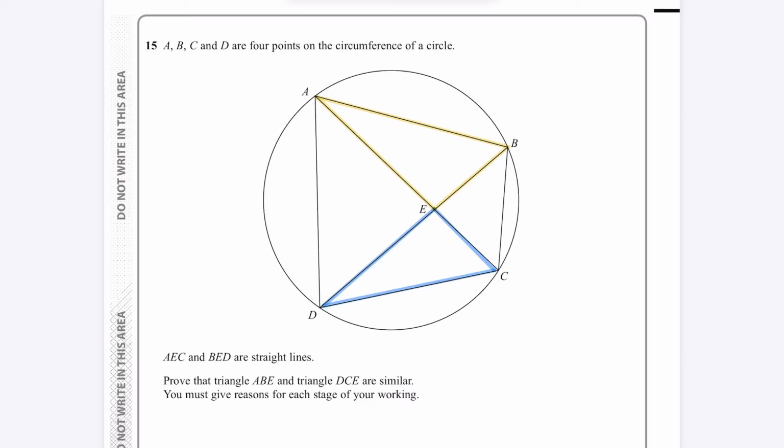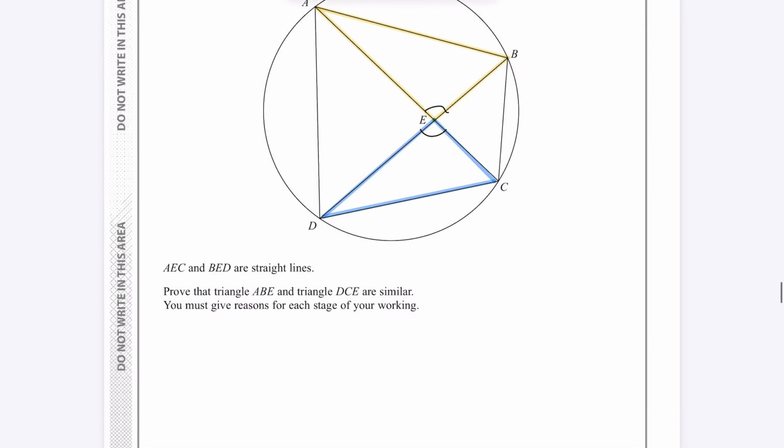Okay, so again, using your circle theorems, you should know that two angles that are opposite to each other are the same. So your first reason to prove that they're both the same, again, they're both triangles. I've highlighted that out. There's a few ways you can prove that triangles are similar, but if we're going with circle theorems, we should just start by using that. So we know that this is the sign for an angle, so AEB is equal to the angle DEC,